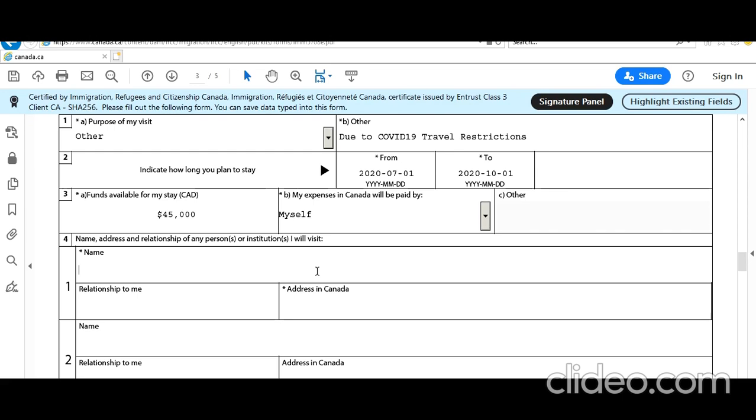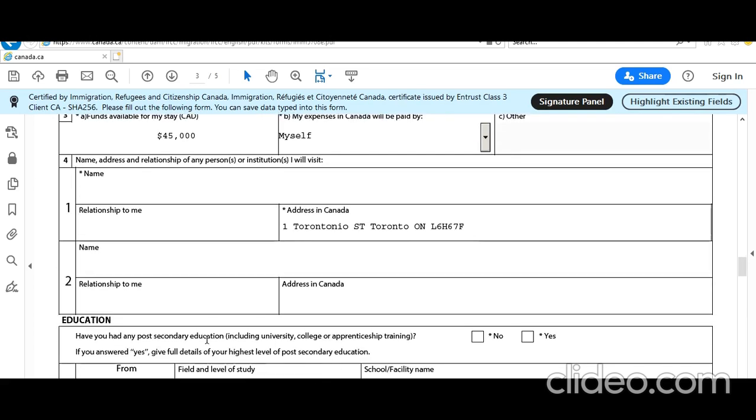If you want to visit any address or anything during that stay, you can put an address in Canada, like you can put one Toronto, wherever you are, Toronto, Ontario. I don't remember what I had put above, so just whatever is applicable in your case.